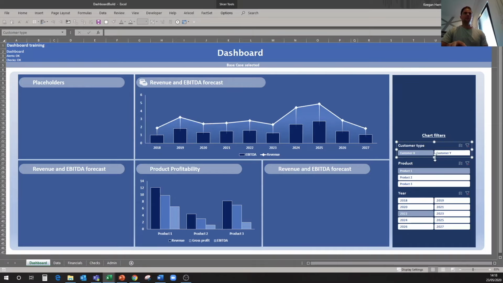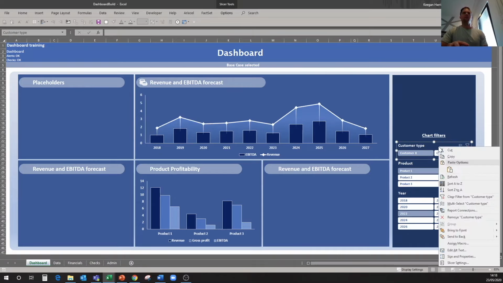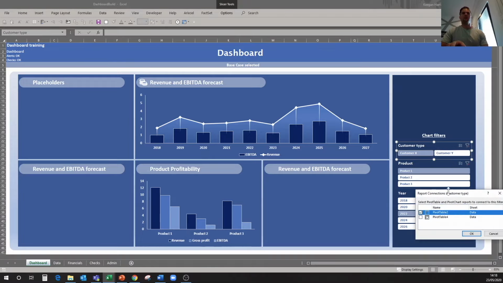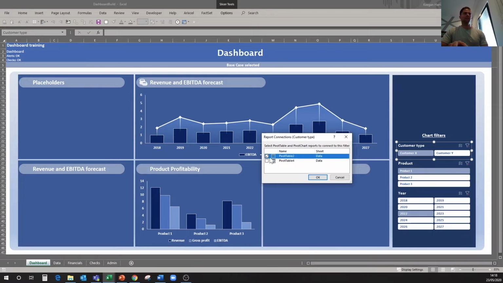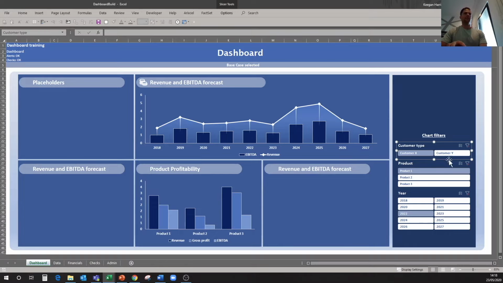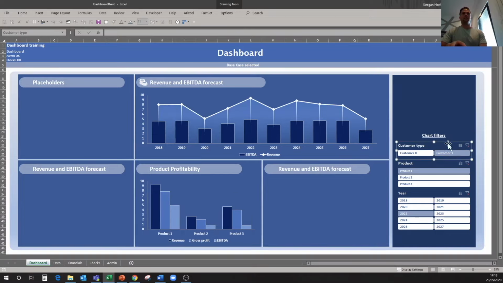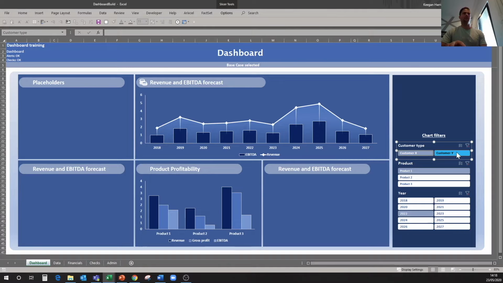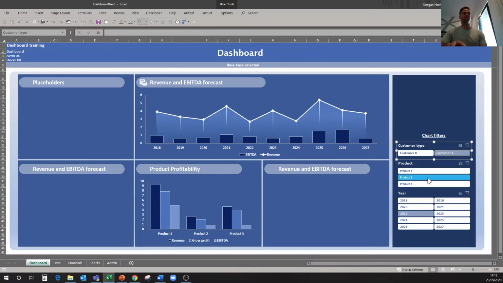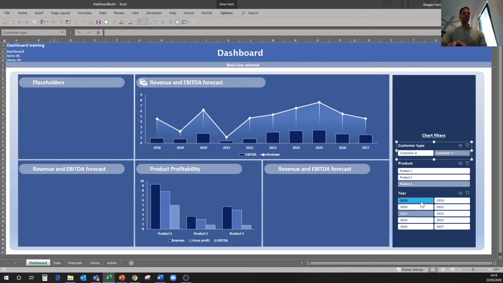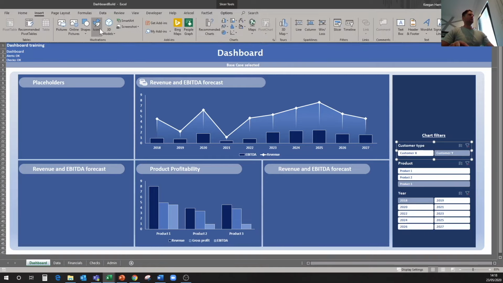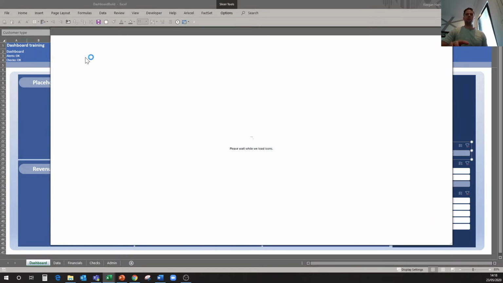So what we do here is if we right click this, we can go to report connections. What we want to do is connect this slicer to the new pivot table that we made. So I'll hit OK. Now this slicer is connected to both of my charts. The product one is only connected to this one, and the year one is only connected to this one at this stage. So I'll insert another icon for our products,